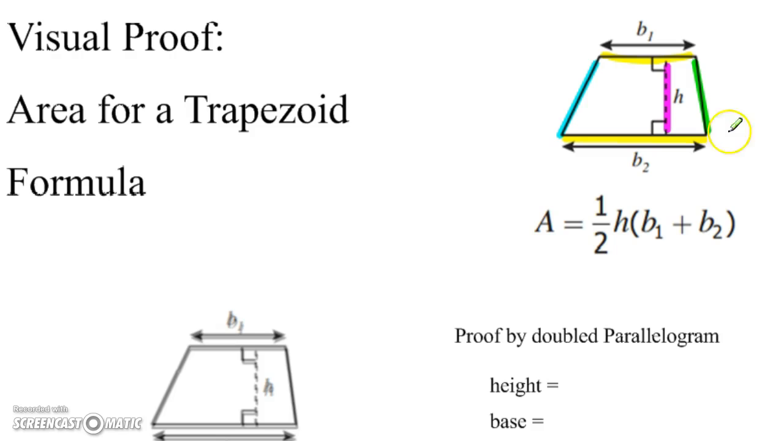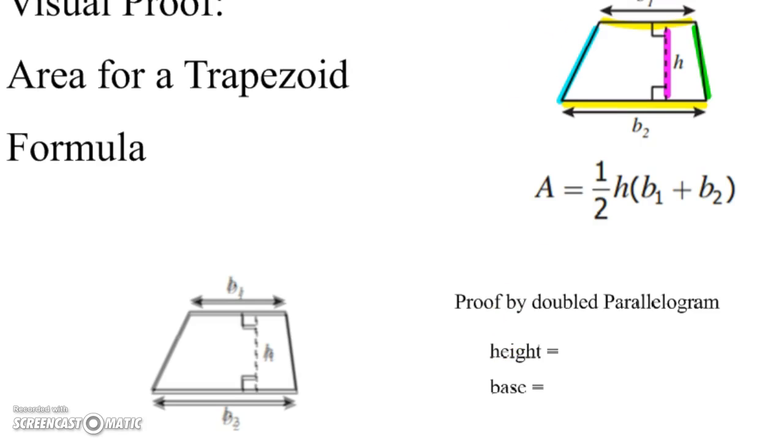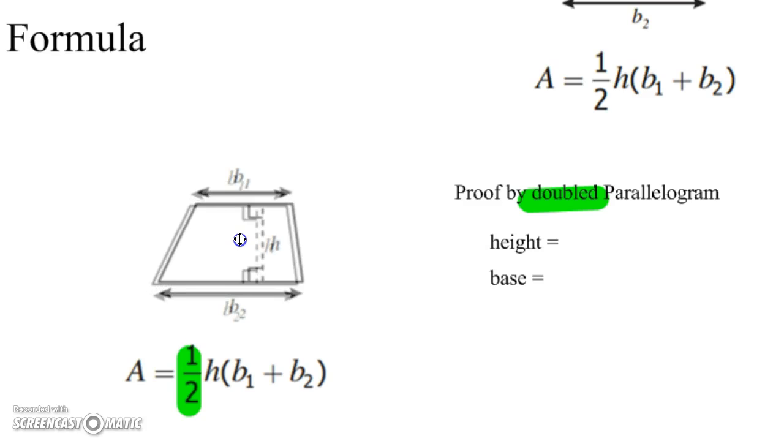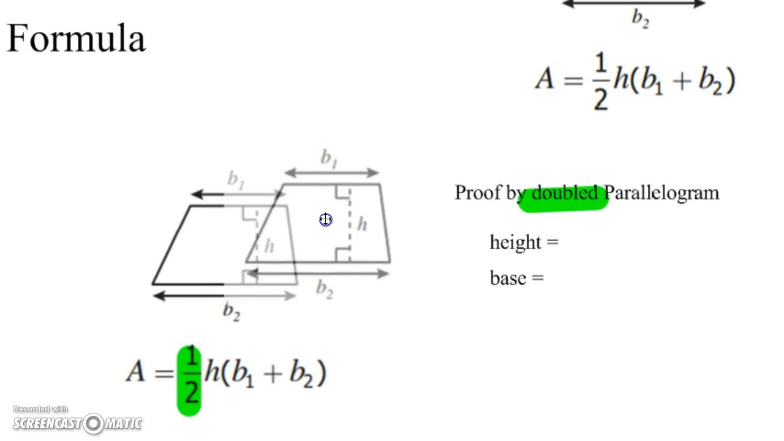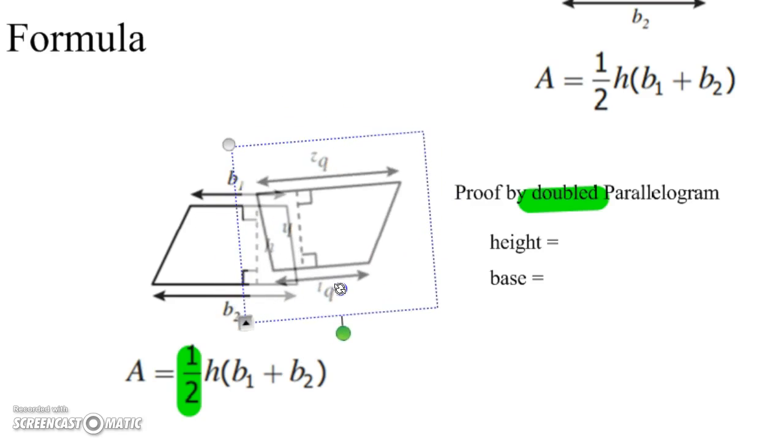The first thing we're going to do is prove it by doubling it, which is a key concept, because in the formula we're going to take half of our final product, the product being base times height of the parallelogram. To create that parallelogram, we take the trapezoid, we double it, and rotate it 180 degrees,